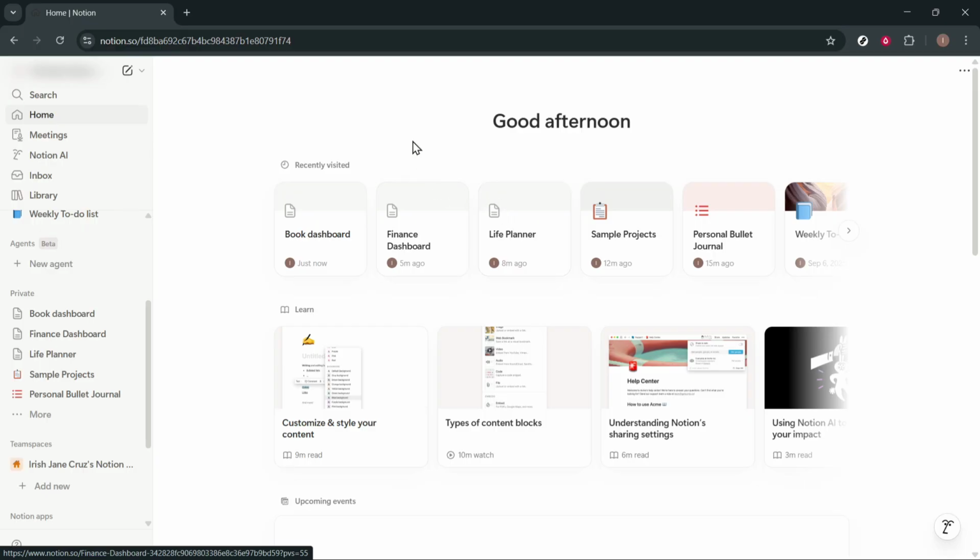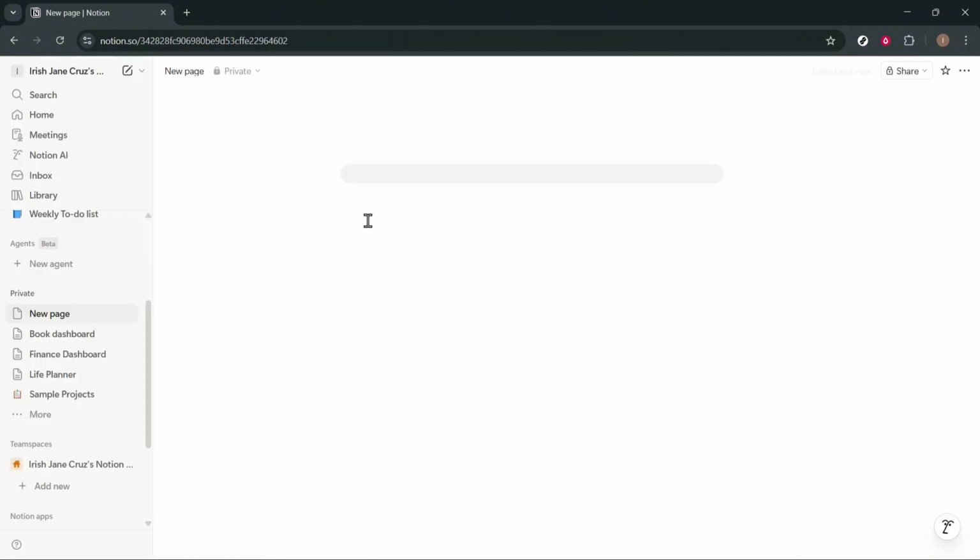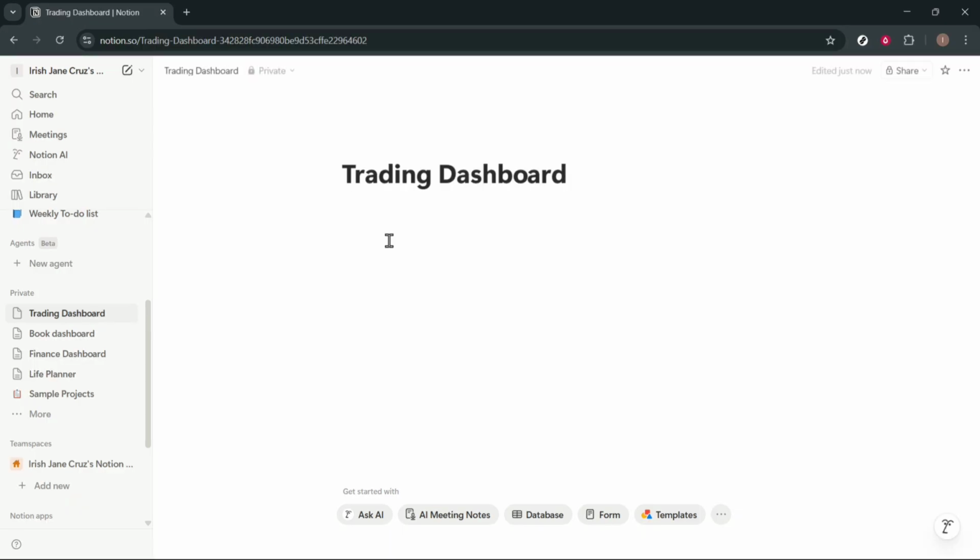So, start with the trading dashboard. Go ahead and create a trading dashboard by creating a new page, and then name this new page as trading dashboard. And then on the content, go ahead and